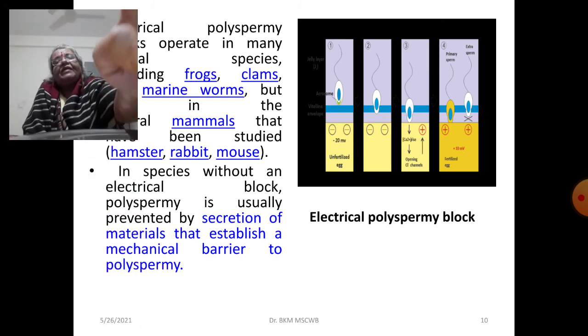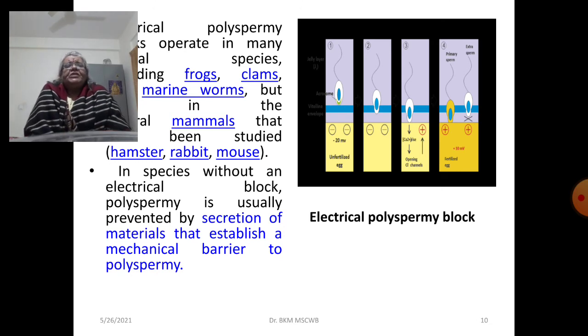Okay. Then, in species without an electrical block, polyspermy is usually prevented by secretion of materials that establish a mechanical barrier to polyspermy, right? So, this is all what I wanted to tell you about electrical polyspermy block or fast block mechanism to prevent polyspermy in animals. Okay. Then,